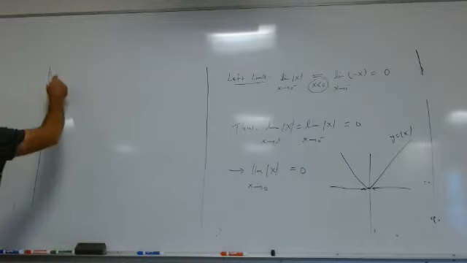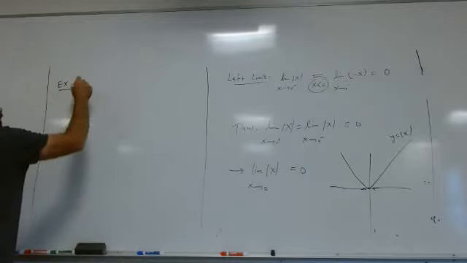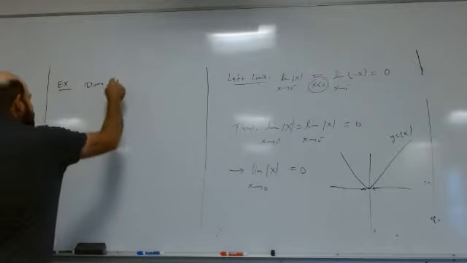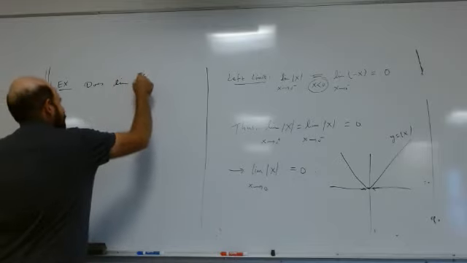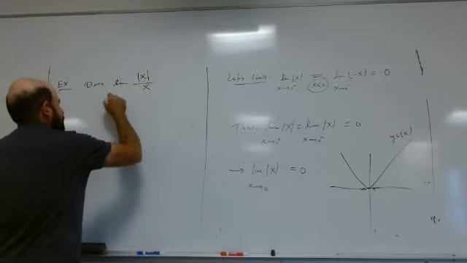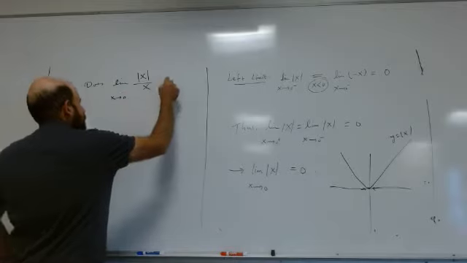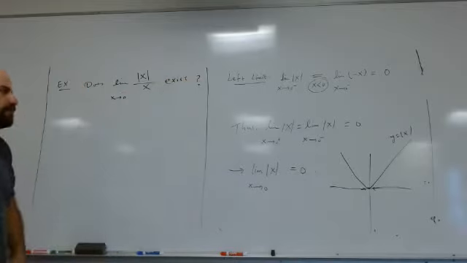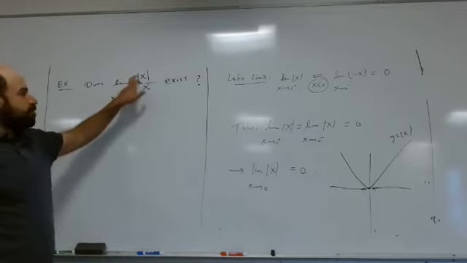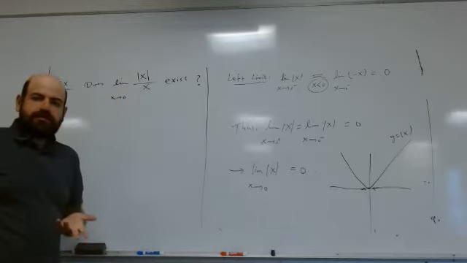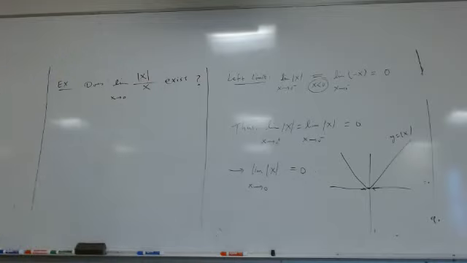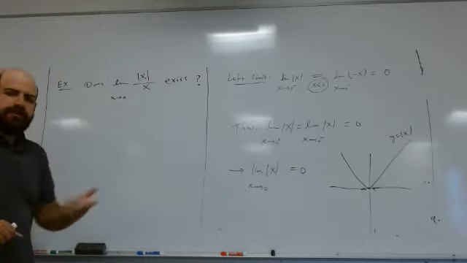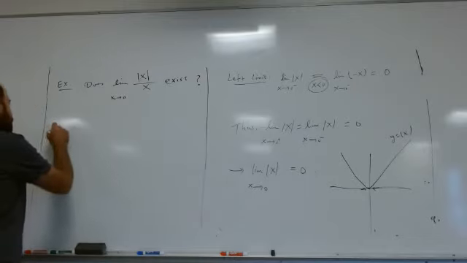Okay, the next example: does the limit of absolute value x over x as x approaches 0 exist? We saw that in the previous example, the limit of absolute value x exists and is 0. What about the limit of absolute value x over x? Do you think it still exists or not anymore? Again, let's do a similar approach. Find the right limit and left limit. So the right limit